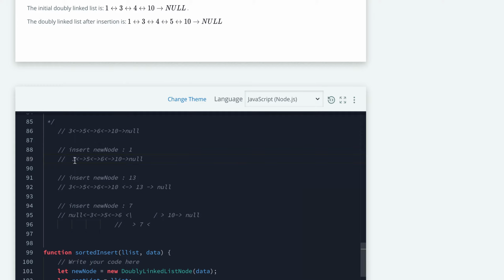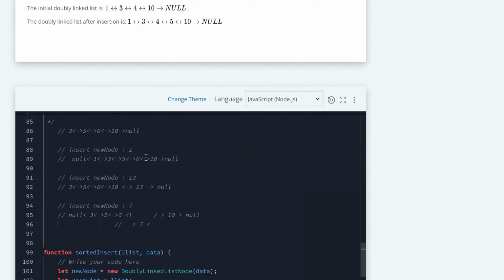What we have to do: linked list dot previous will be our new node, and again the second relation we have to do, new node dot next will be our current reference of our head of that linked list, and for the sake of completion of our linked list, new node dot previous will be null.